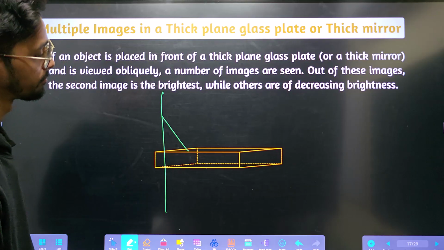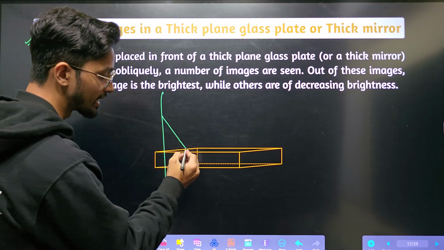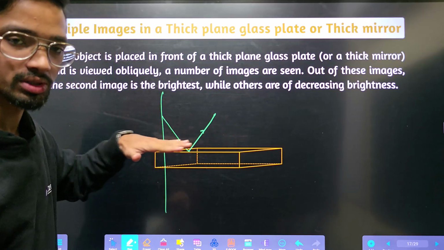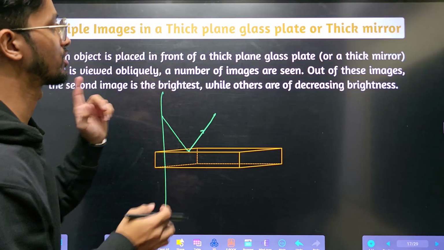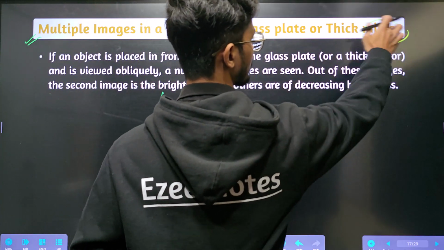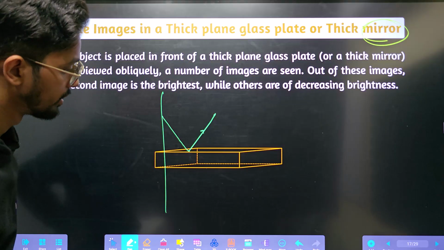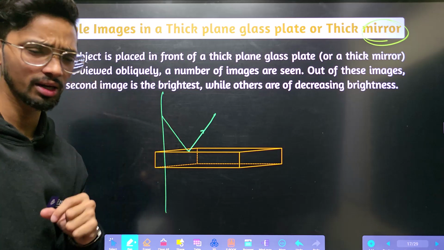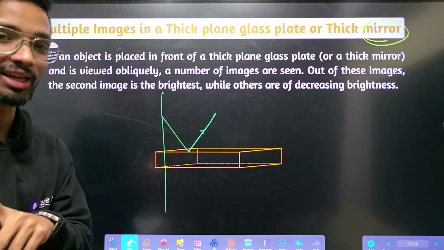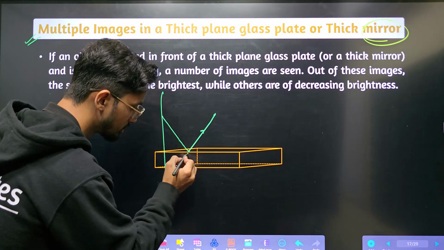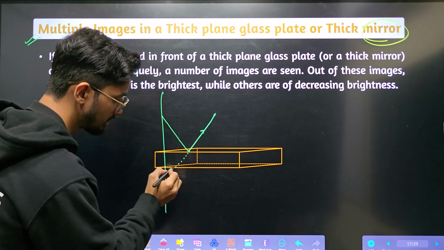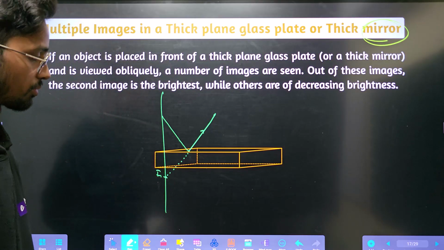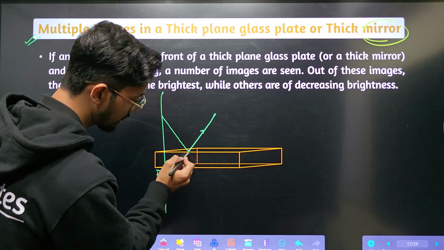Okay. Now what happens is it will get reflected back because there is a reflection as well, right? Because if it's a reflecting surface, it will reflect back because it's a mirror, thick mirror. Okay. Now if it reflects back, but it is also a thick glass mirror, so it will also undergo refraction. See here, this will be the first image, image 1. Now rarer to denser, it will bend towards normal,